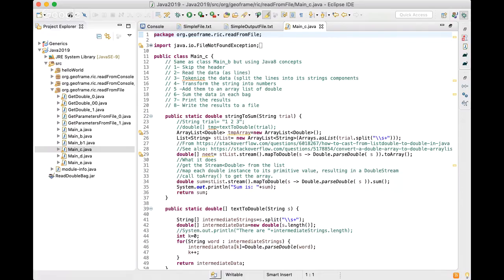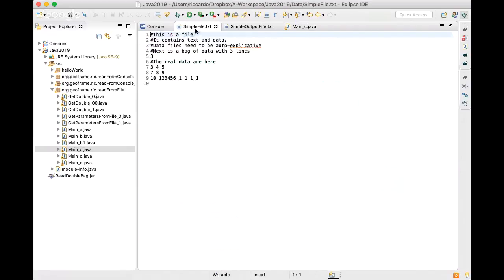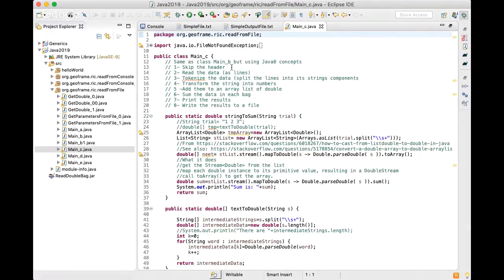did before, but in this case, using streams and lambdas and using constructs of Java 8. So our task is to read the file. The simple text file is exactly the same file that we used before, and we have to skip the header, to read the data as lines, to tokenize and split the lines into its string components, transform the strings into numbers,